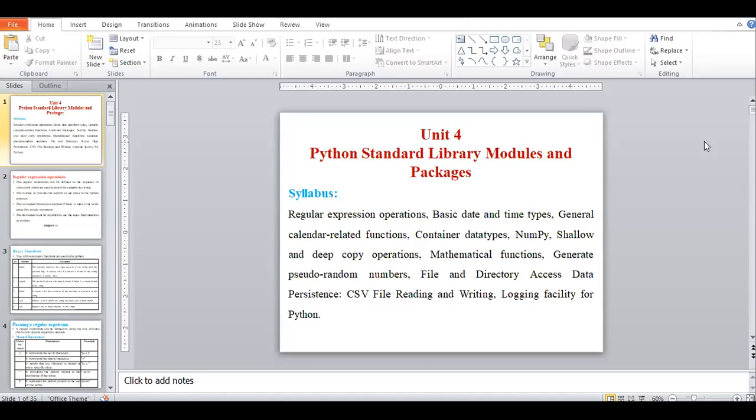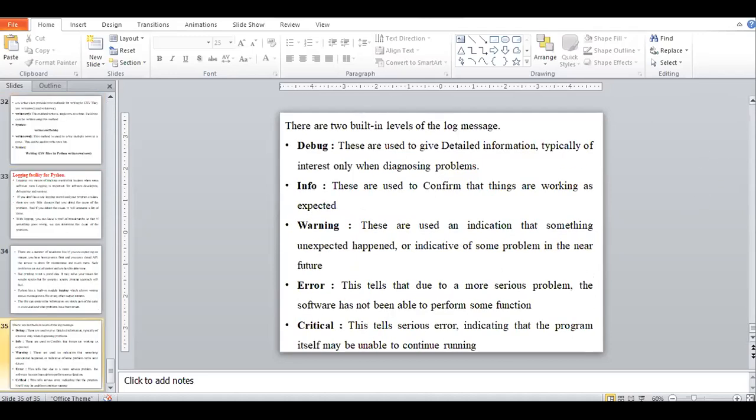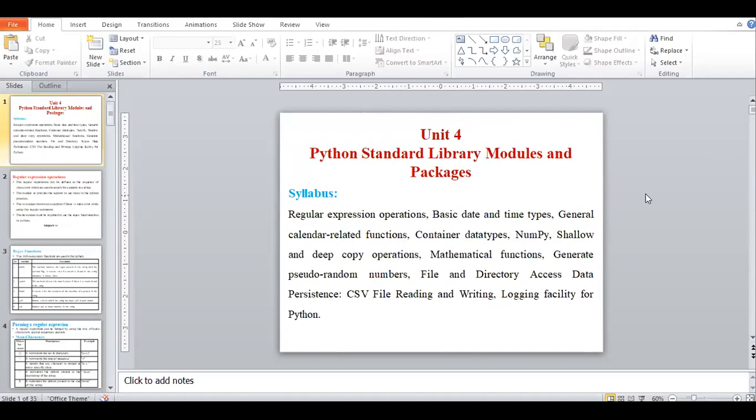Okay. Suppose now you have to perform a CSV file operation like that. You have to make a program, and in that you have to take a CSV file which will contain data, like a university record. In that you have to put your roll number, name, and CGPA, like that.